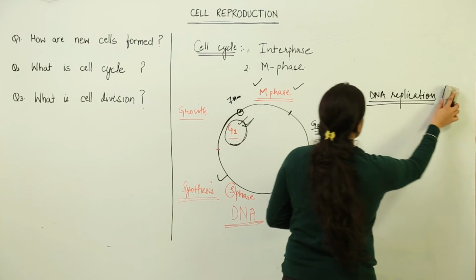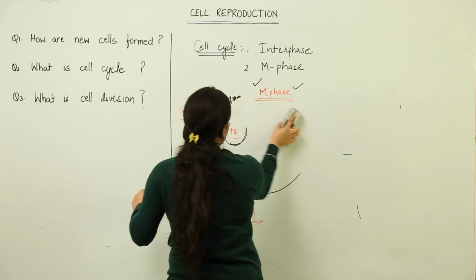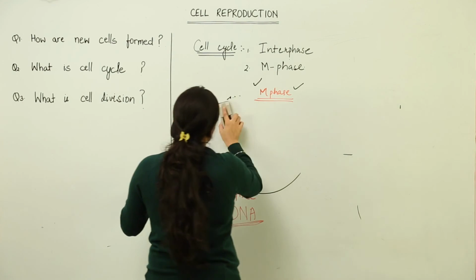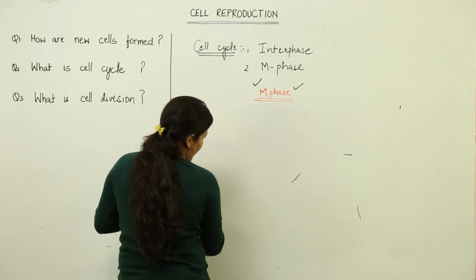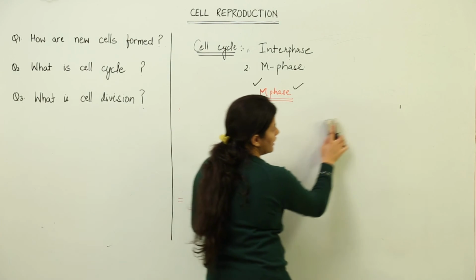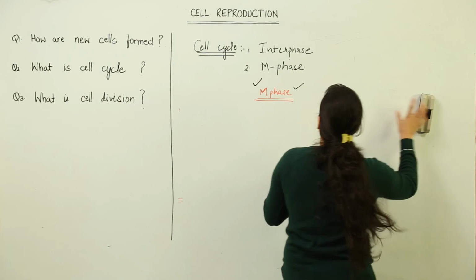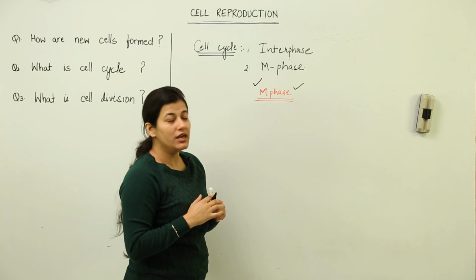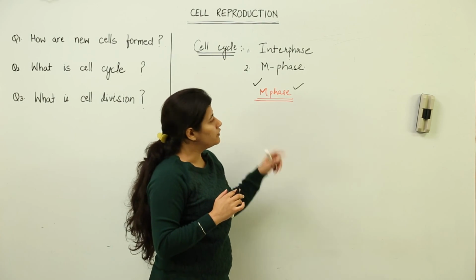So what is important in cell reproduction is basically the M phase, which is the phase of a lot of activity. Don't confuse yourself, because time and again I'm saying it is the interphase which happens to be the most active phase, but what we can see mostly is the M phase. So we are going to take M phase in detail. For that you need to see the